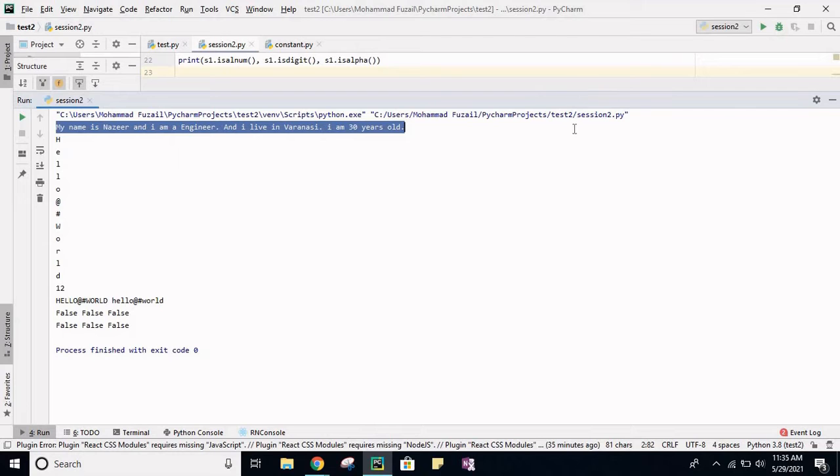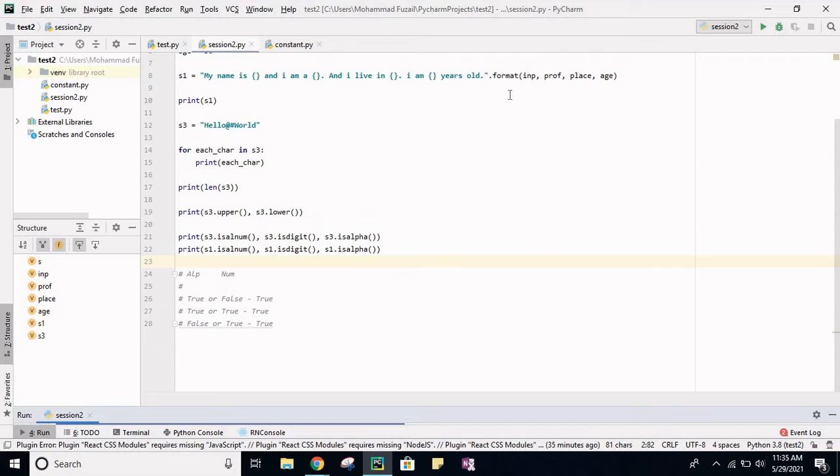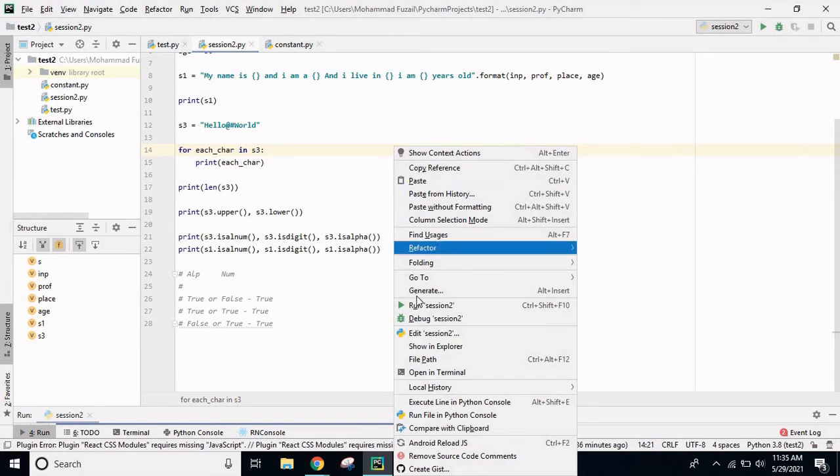Now let me show you. If I remove this full stop, so now it doesn't have this full stop. Let me print.